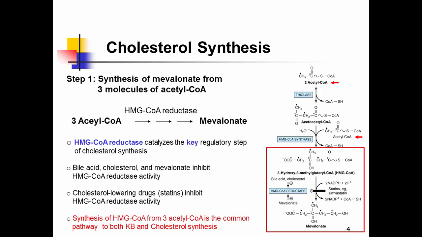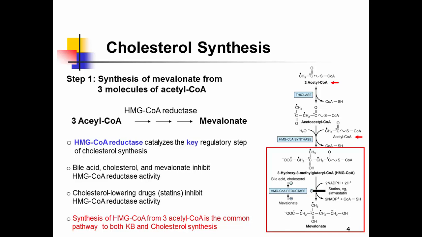And also, if you remember, this probably looks familiar, right? When we talk about ketogenesis, these are the same steps or reactions. See the 2 acetyl-CoA molecules together with acetyl-CoA to synthesize HMG-CoA, right? And this is the enzyme HMG-CoA synthase. And HMG-CoA can be converted to mevalonate by this key enzyme, HMG-CoA reductase.